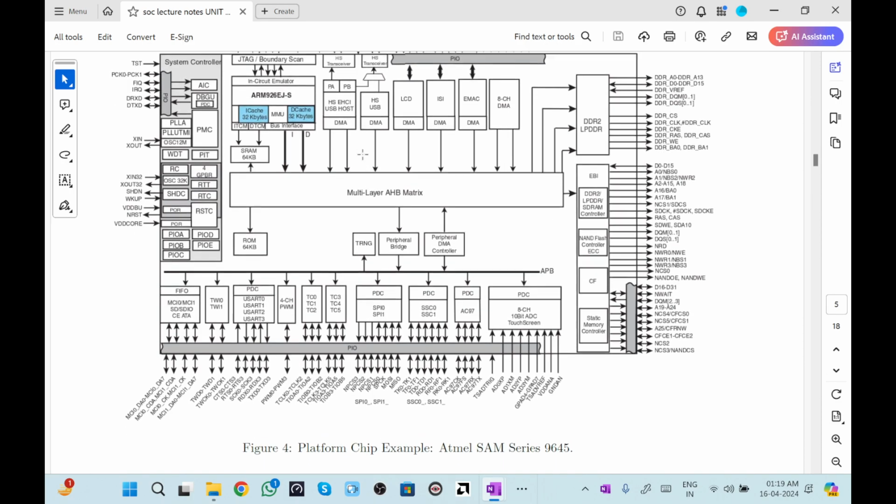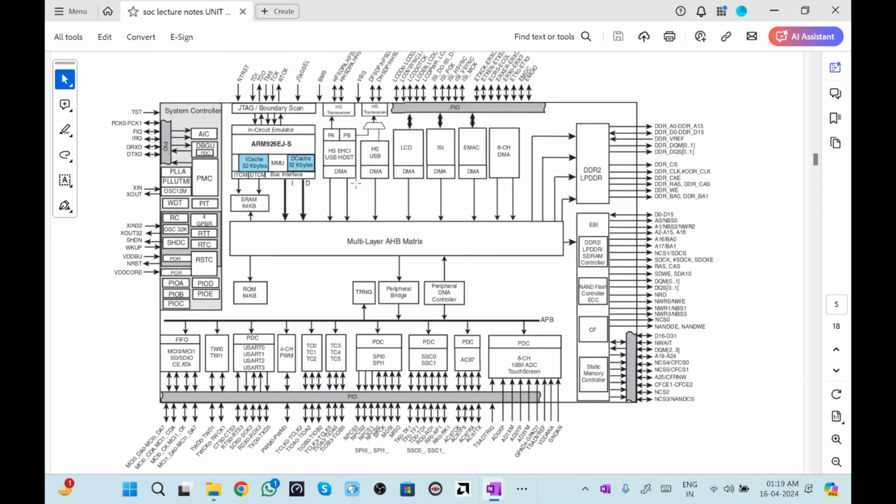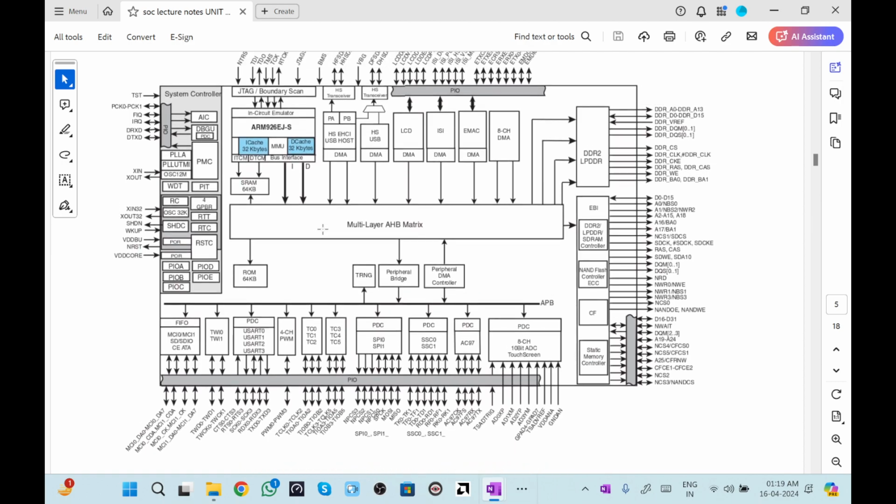As we can see, there are different DMA controllers over here. The DMA is connected to the LCD and to the different channels. There is also a memory, a static memory. Static means it has some defined range over which it can work. Then we have flash controllers, NAND based. We all know what a NAND gate is: the reverse of AND. And then we have DDR and SDRAM over there.